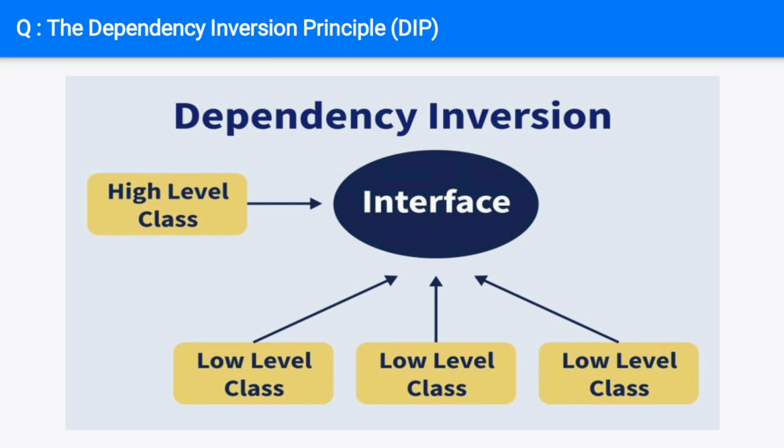Dependency inversion principle. This principle in SOLID principles is also regarded as inversion of control, IOC, and was initially called IOC, but Martin Fowler proposed the name DI: dependency inversion or dependency injection. This principle simply states that you should bring in abstraction between high-level and low-level classes that lets us decouple the high-level and low-level classes from each other.